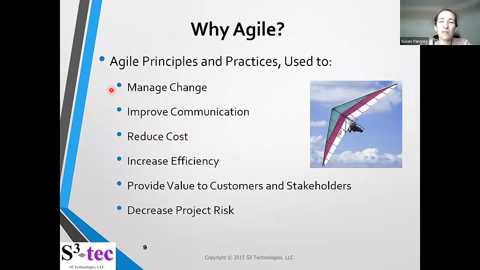So Agile principles and practices are used to manage change, improve communication, reduce cost, especially the cost associated with changes. As far as improving communications, we really focus on open communication. This is not just between team members, but also stakeholders and customers. Also keeping in mind reduce cost,